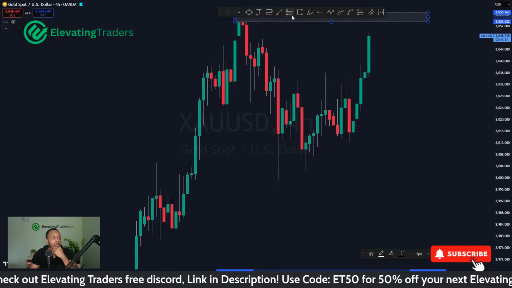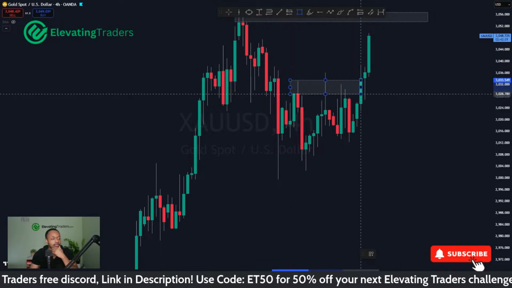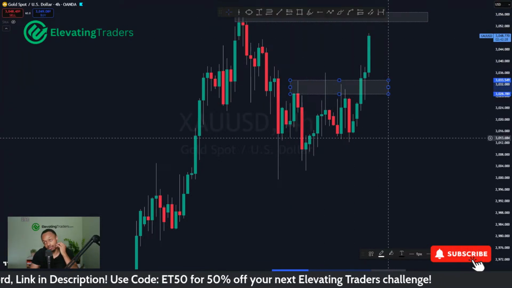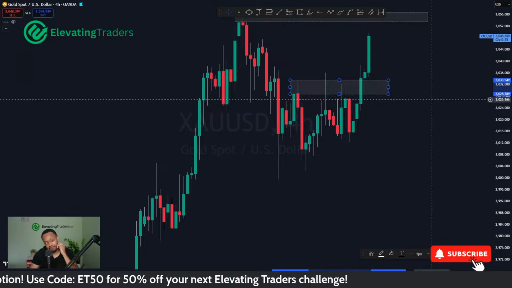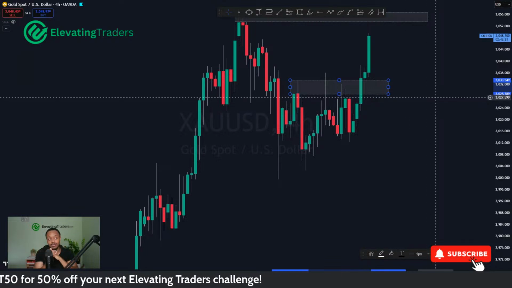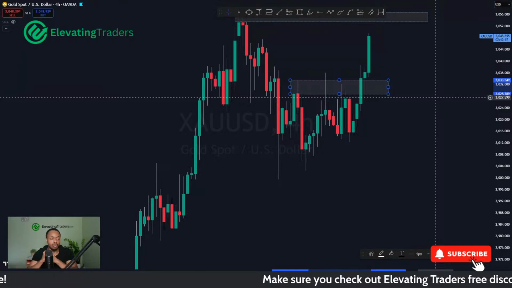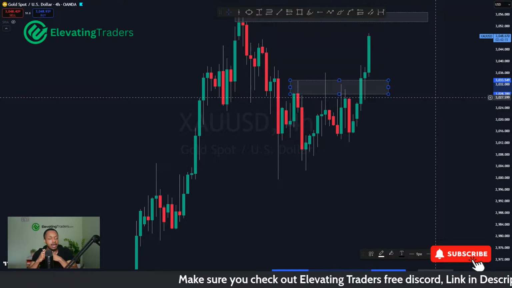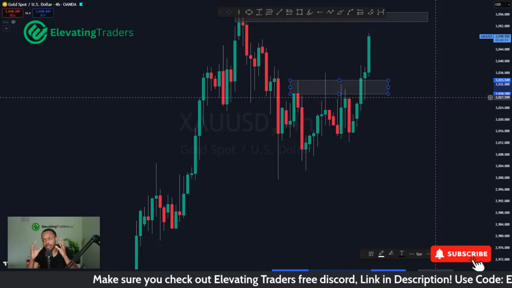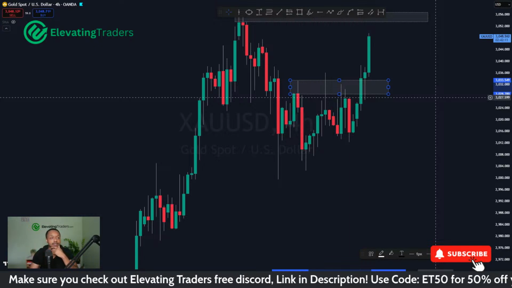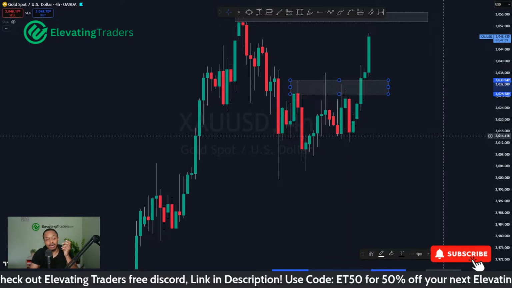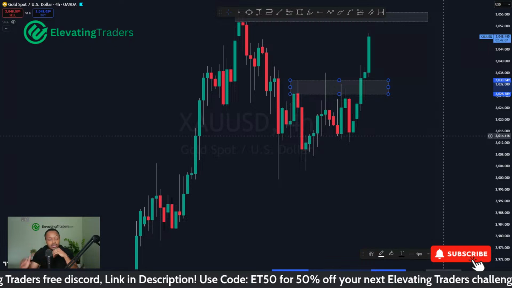I was talking a lot about the resistance here yesterday. I said if price can clear that, that's probably the green light for gold to buy. I said if you're looking to be aggressive, you probably can catch a nice breakout trade. I don't normally trade breakouts in my trading. I always normally wait for a retest before looking to buy or sell. But in gold's situation and the context of the market, because of how bullish it is, taking breakouts is not such a bad idea because you just expect that momentum to continue.